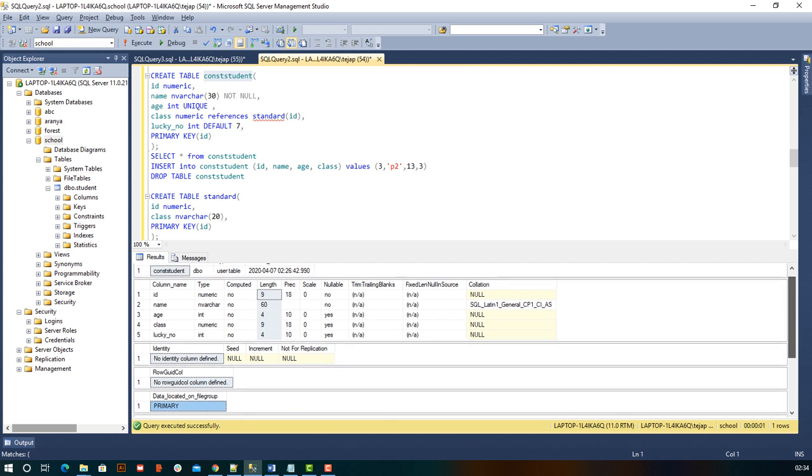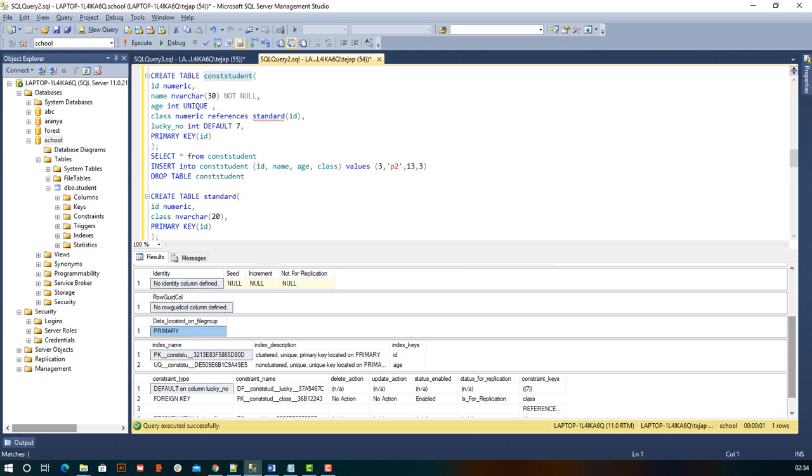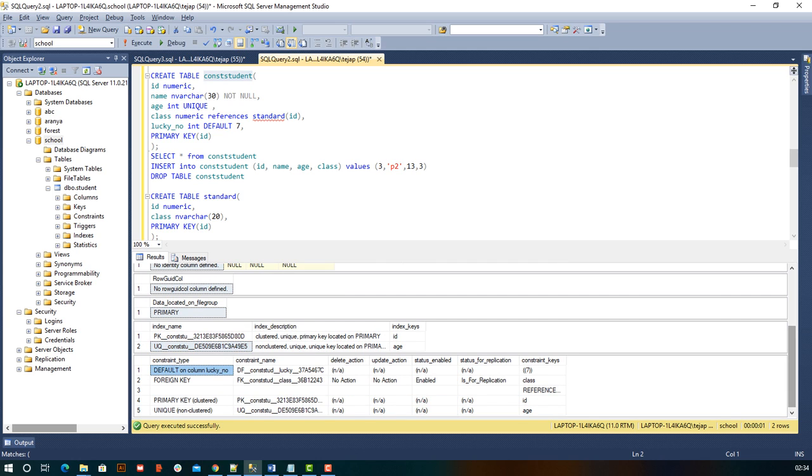Okay, I need to drag it. So there is a primary key constraint, a unique key constraint, a default key constraint, a foreign key constraint. So if I remove this foreign key constraint and then delete the standard table, it will be deleted because no table is dependent on standard.